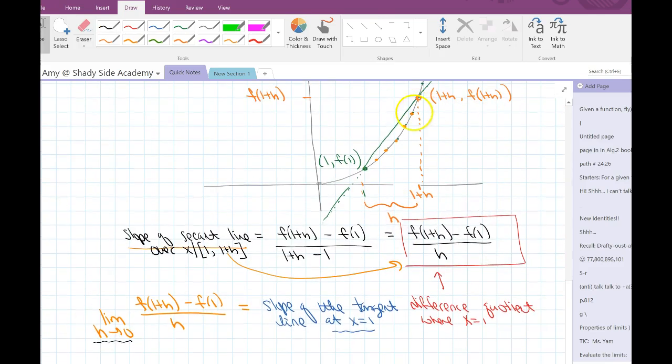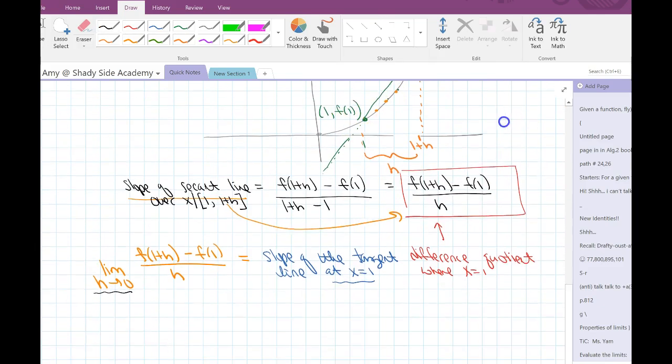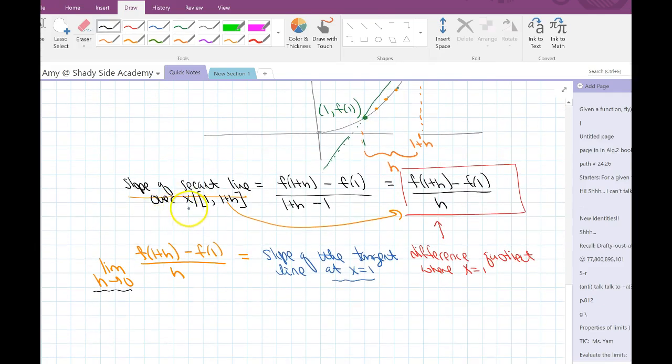as this horizontal gap closes and this point gets closer and closer and closer, we know the slope of the secant line over the interval of time from x equals 1 to x equals 1 plus h. This limit of this difference quotient equals the slope of the tangent line at x equals 1. Oh my, and here is your limit of a difference quotient. So you're wondering maybe, what does a limit of a difference quotient describe? Well, the limit of a difference quotient describes the slope of a line tangent at x equals whatever the point